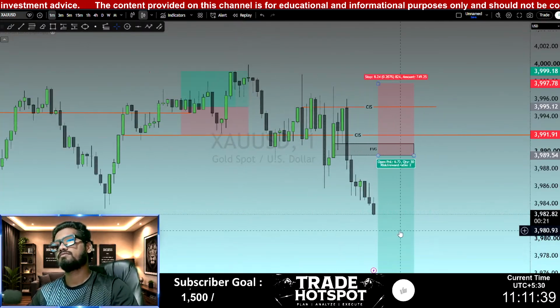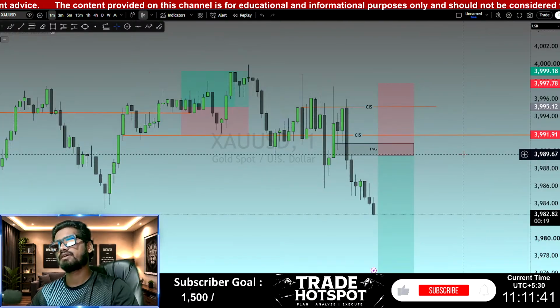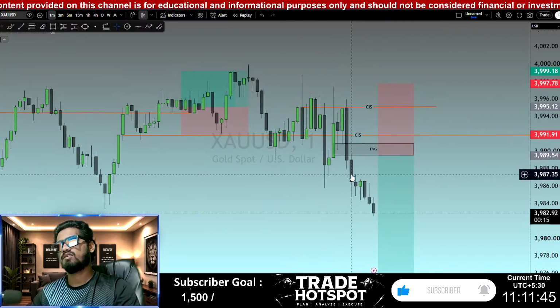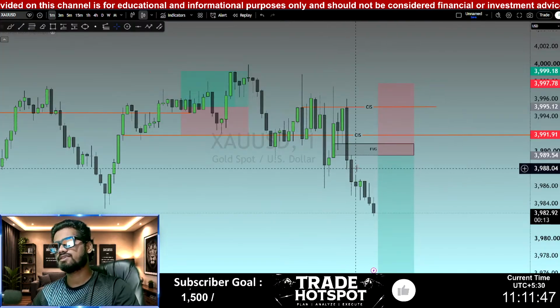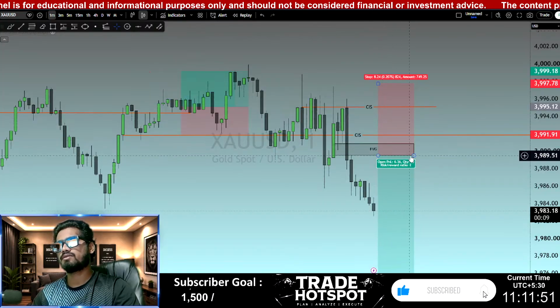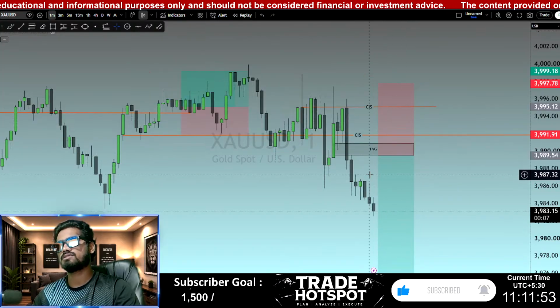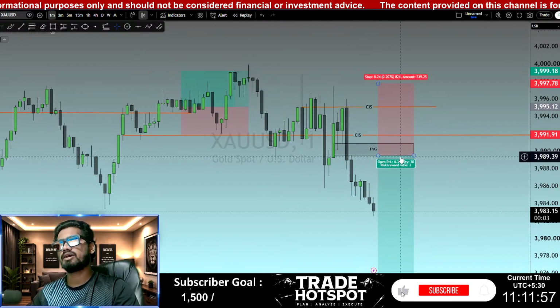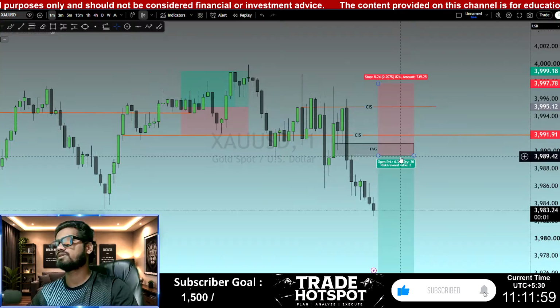You can place a pending order here, like a pending entry at this area. There are small FVGs here, but especially you can take here, because if you take here then your SL will be increased. So try to make an entry at this FVG, 1 minute FVG. Okay guys,